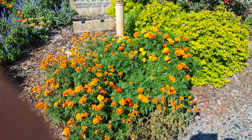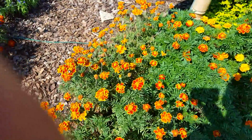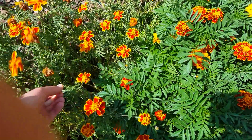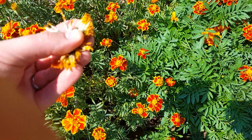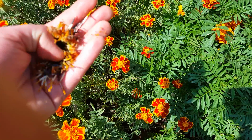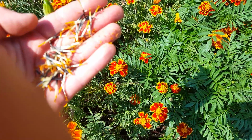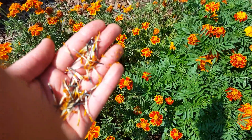So now we're up here in the front landscape again, and I've been looking over these marigolds because these are probably the easiest flower that you can save seeds from, but I don't think they're quite ready yet. They're still not quite dried up. So anyway, those are the seed heads. Obviously we all know what marigold seeds look like,